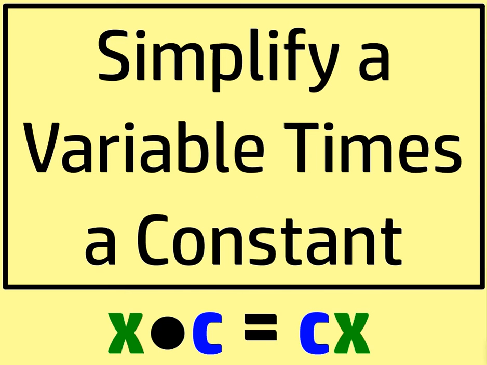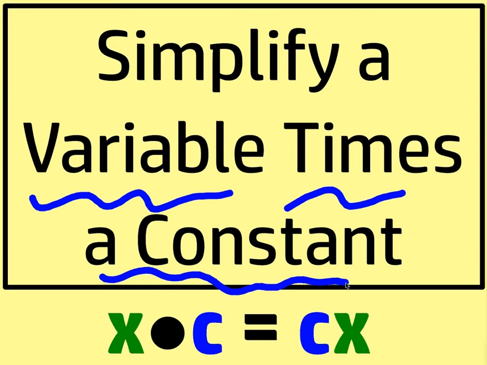Now we're going to take a look at what happens when you take a variable first and then multiply by a constant, and how to simplify that or make that shorter. So let's say we have the variable x or y or a, b, c or whatever, times a constant, say 10 or 7 or pi or e. Actually, all you have to do is switch them,